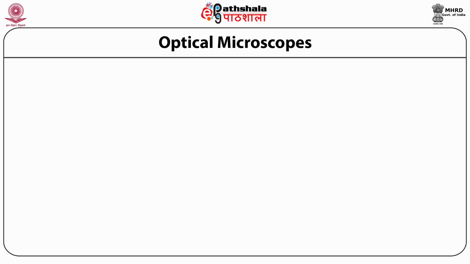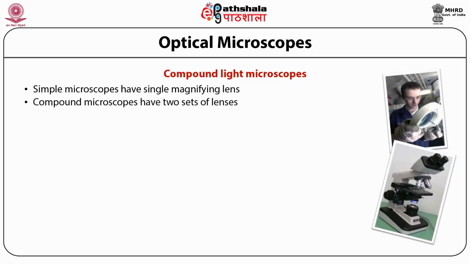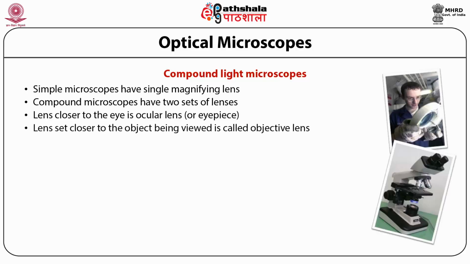Optical microscopes. These are actually called compound light microscopes because they use more than one lens. Simple microscopes may have a single magnifying lens, but generally all the optical microscopes that we see around us or have used have more than one magnifying lens, and they are called compound light microscopes. So they have either 2 or more sets of lenses. The lens that is close to your eye is called the eyepiece, and the lens which is close to the object is